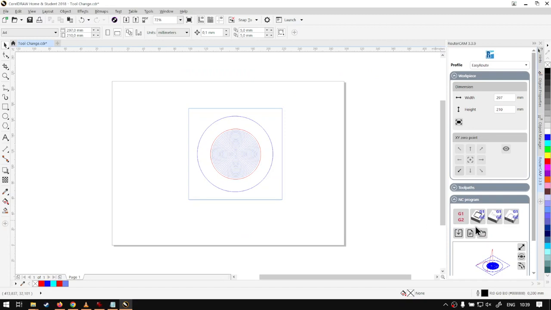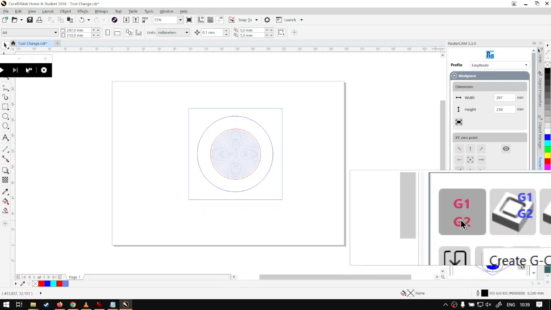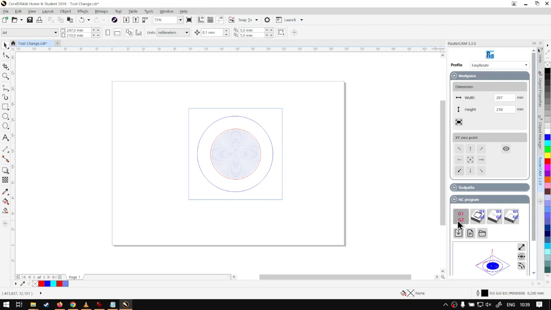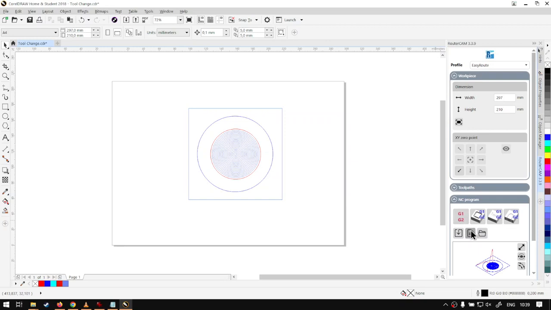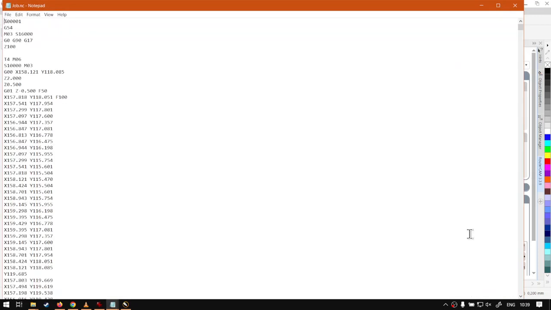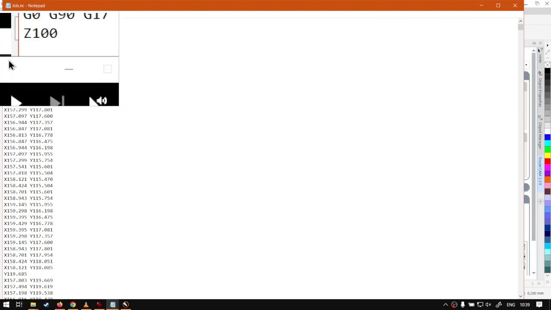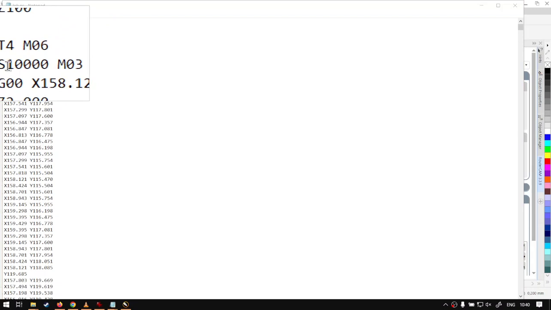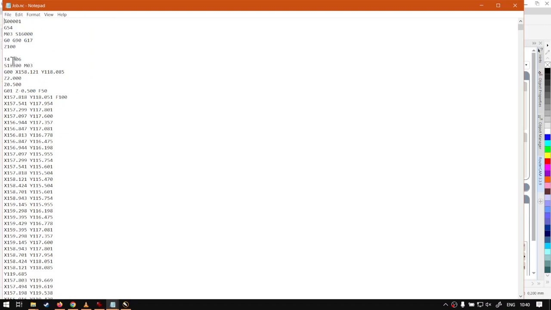Now you will know, at least with mine, I've got these little settings here on the right for create G-code. It's different G-codes other than the G1, G2. So now with those settings set, if I go generate G1, G2, I'll know if it's working if I go show over here the G-code, and I click this button, it will bring up our G-code, and then you can see the first tool it wants to use. Let me just fix my zooming there for you guys. Is the T1. So we've got here the tool, T4. So it's using T4,